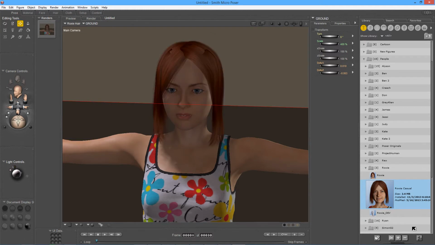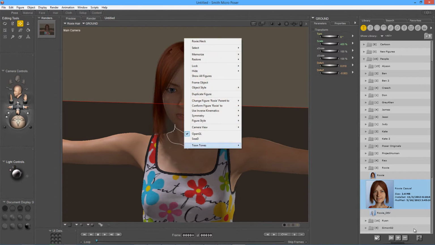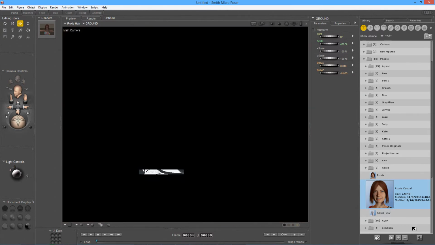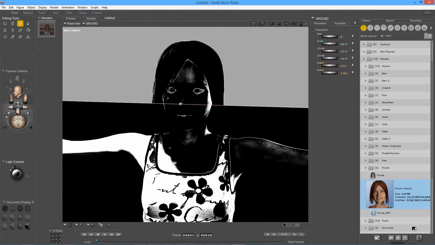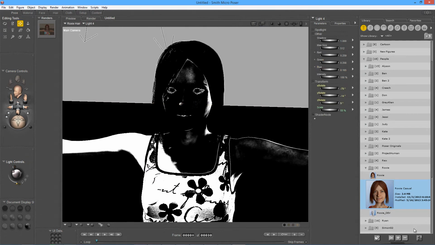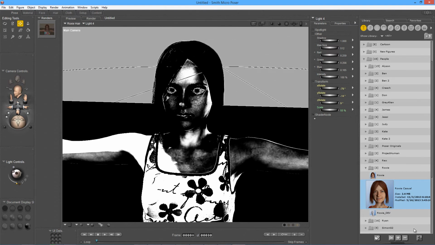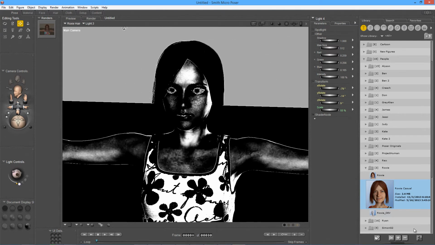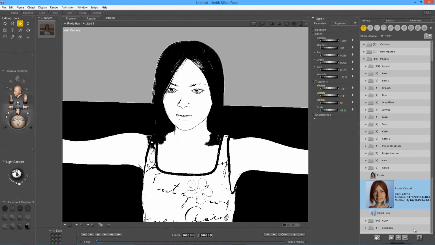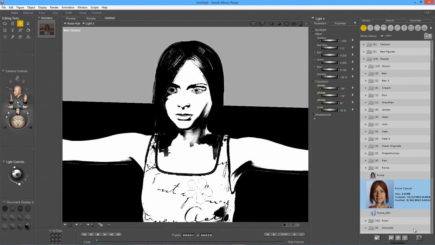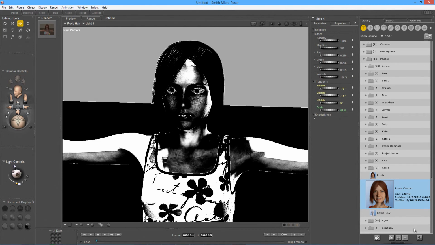So you've got several ways of setting that up as well. You can also go to Toon tones and view it in comic book mode. This will be a black and white manga style comic book. If I want to adjust the lighting, you can adjust the lighting, get some more light on her face, put it behind or forward, so we get a more cartoony, outliney look there. You can get some shading,